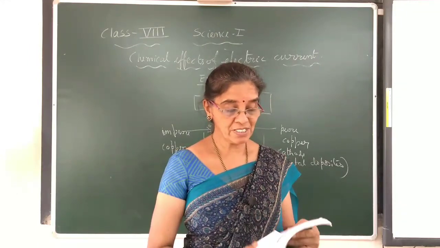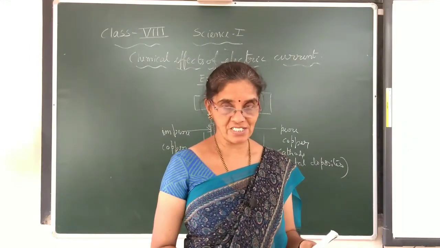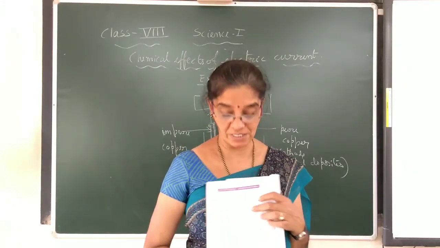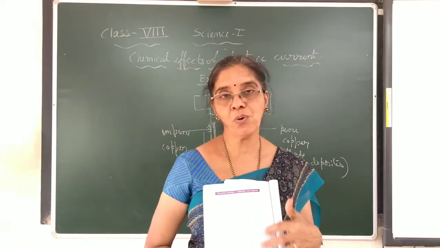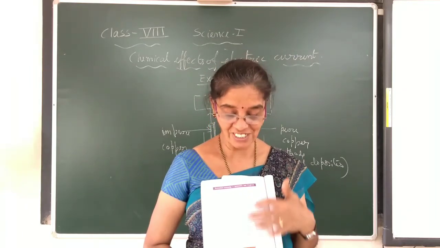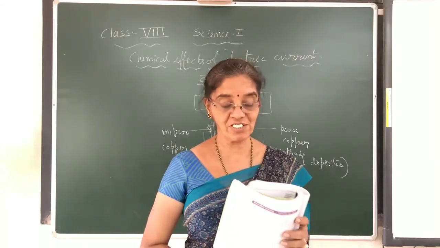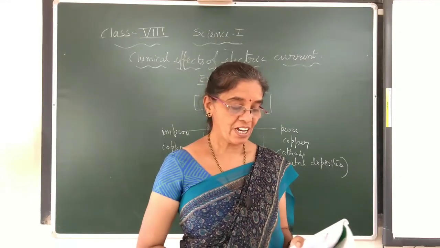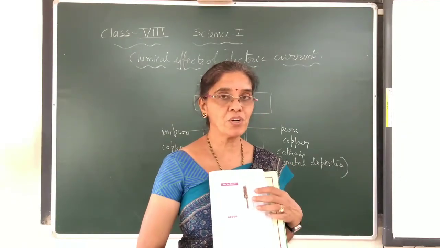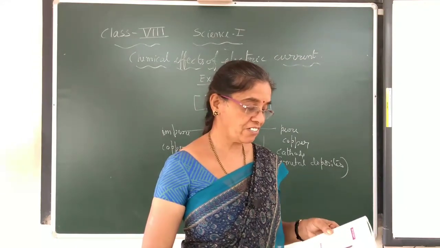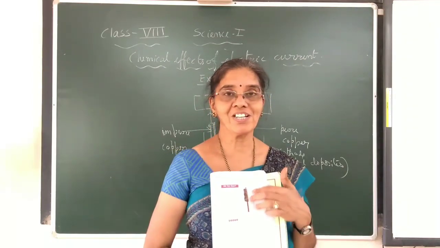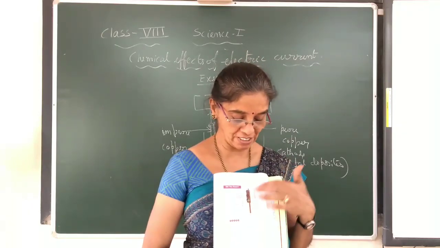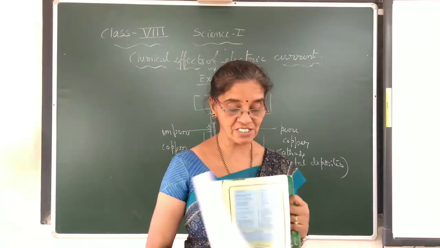On page number 182, they have given some extra activities. You read it, and with your parents' permission and presence, if possible, since you are staying at home, if you get bored, try to do these interesting activities. To learn more, they have given extra information. So read it, understand it, and get more information regarding the traffic light. That is regarding this chapter.